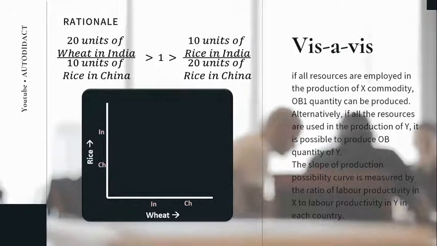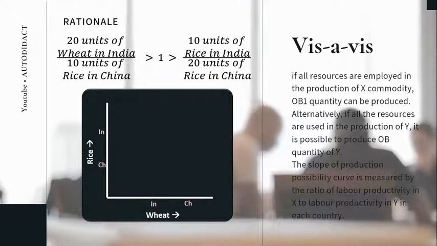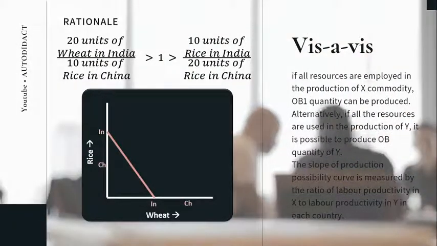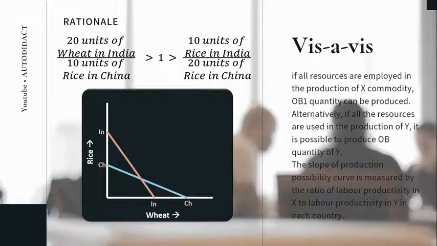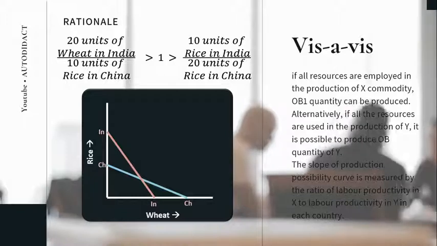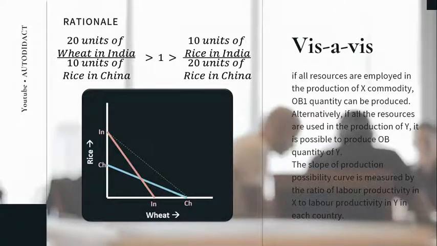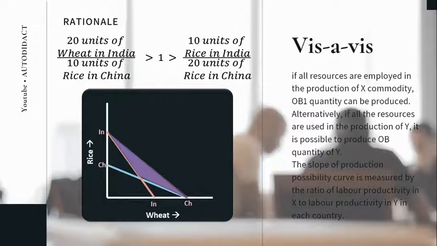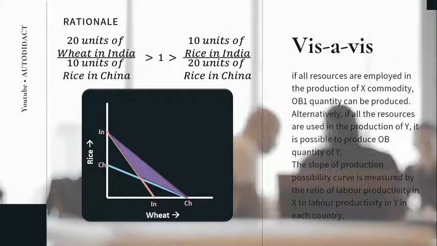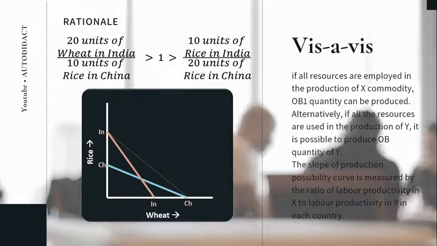We can understand this with the help of production possibility curves. The slope in the PPC of India shows that it produces more wheat than rice. The next PPC of China shows that it produces more rice than wheat. Please note the area of the world's total production. Now, if they allow foreign trade, the combined PPC for both the countries will be higher than the individual curves. This is the area of excess production due to free trade. This is over and above the individual production curves.